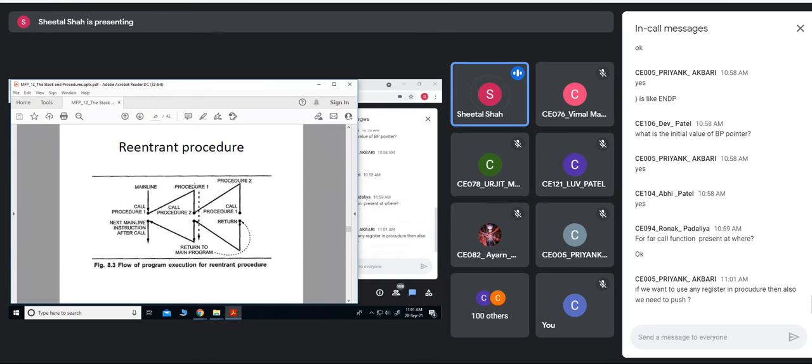To keep procedure 1's parameters intact, before calling procedure 2, all those register values would be pushed onto the stack. While it returns from procedure 2, all the pushed values in the stack are popped, and then it would continue with this procedure.